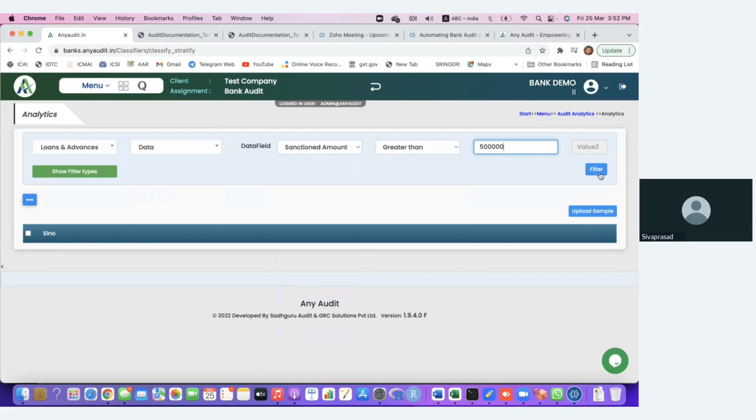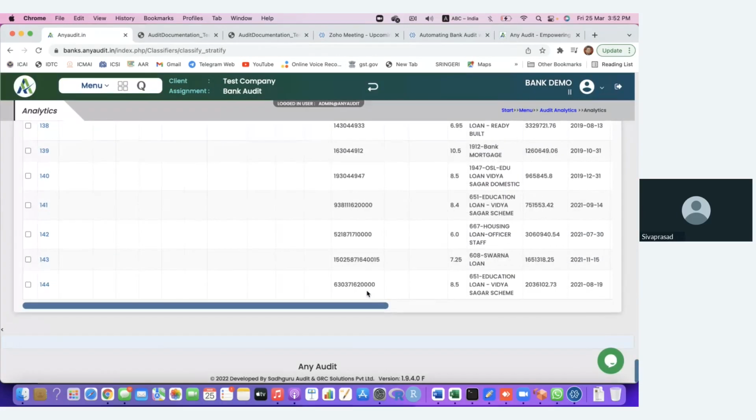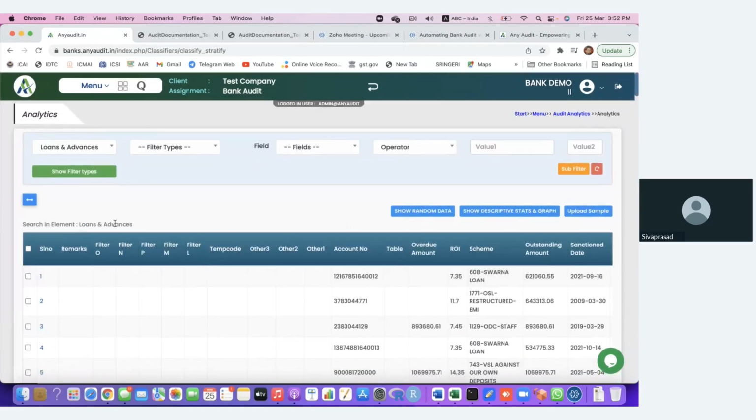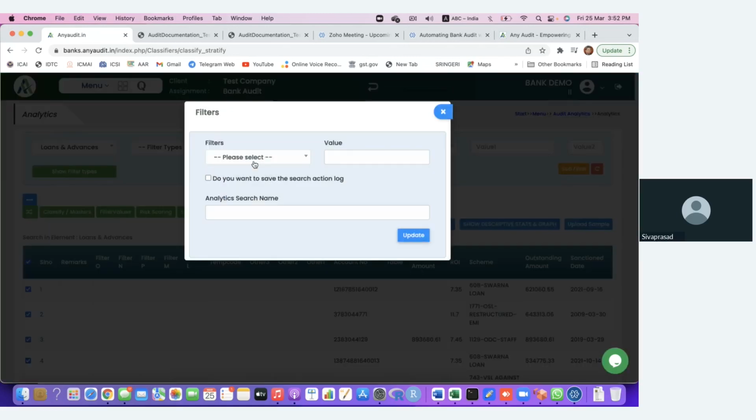I'm going by that. So where my sanctioned amount is greater than 5 lakhs, those accounts are being filtered out. Now I got only fewer accounts, 144. Okay. Now I have a facility to park them somewhere, or I can straight away go into the facility. So what I'm doing is I'm just parking them into one arbitrary, dummy column by name filter L, and I'm giving it a value 1, and I'm saying is demo on 25th, or you can say Union Bank,